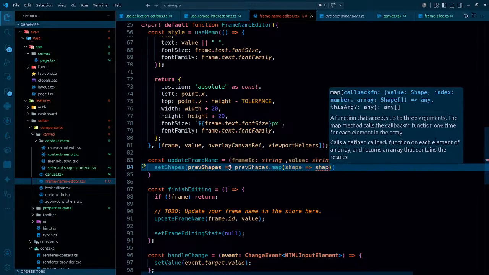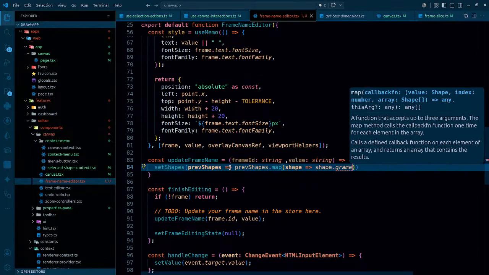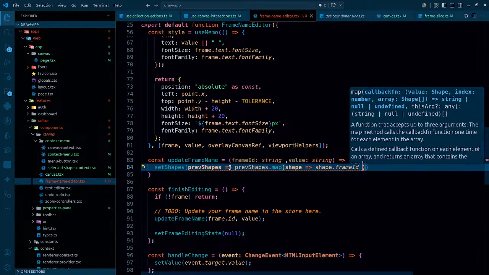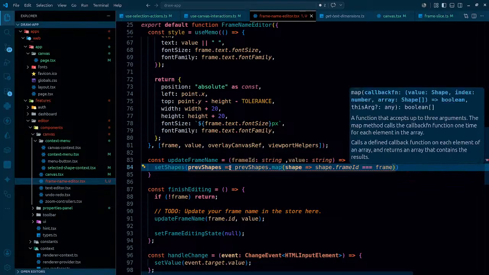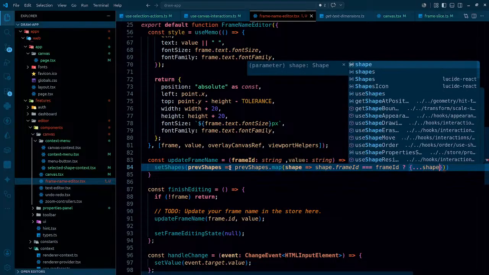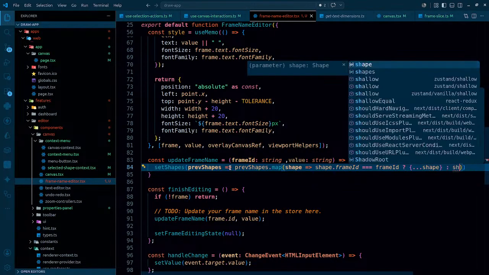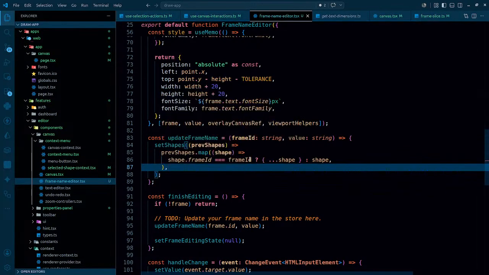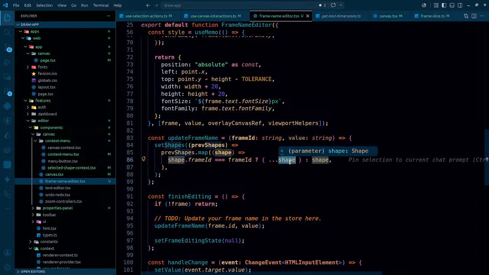If shape dot frame ID, that's actually equals to frame ID. This needs to be even better because we just wanna change the text. That simply means